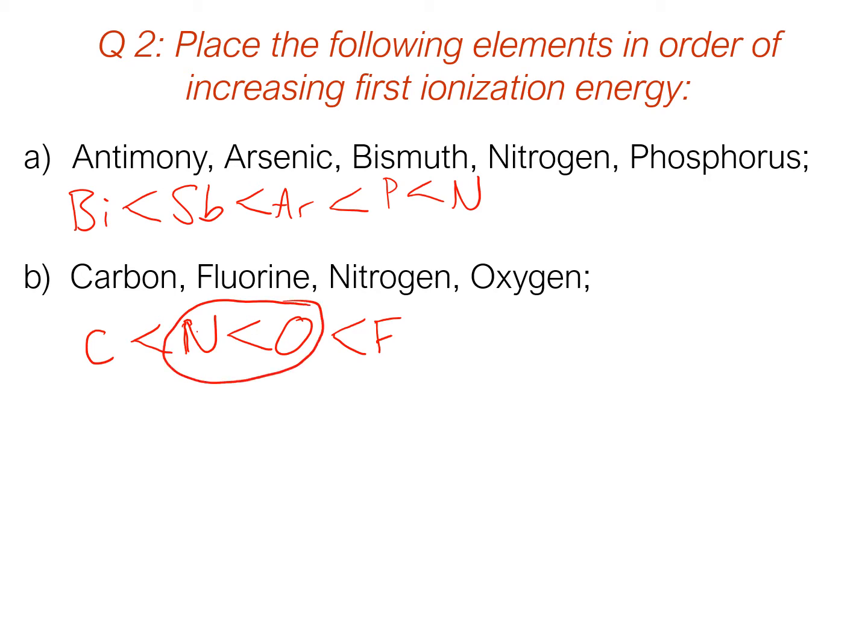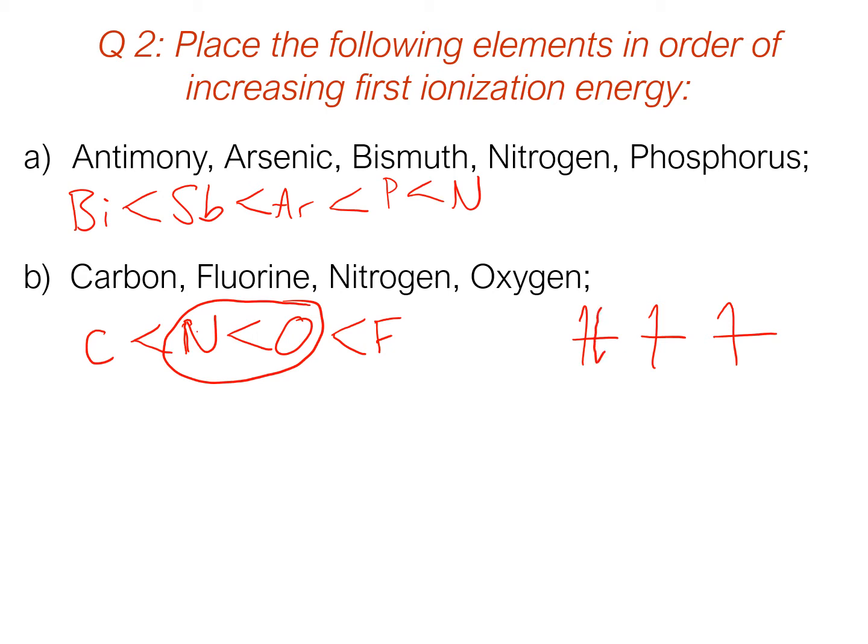And that comes because nitrogen has a half-filled orbital, and half-filled and completely filled orbitals are much more stable. So if we look at the p orbitals for these, nitrogen has an unpaired electron in all of these, and it maximizes the parallel spins. So this is actually a lot more stable than it generally should be, whereas oxygen has an extra electron which